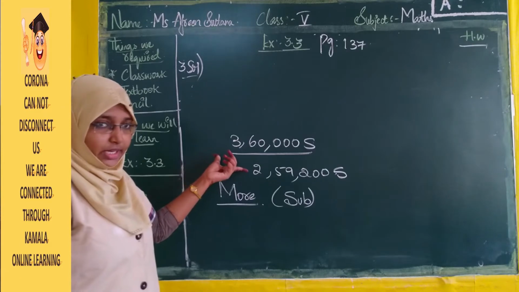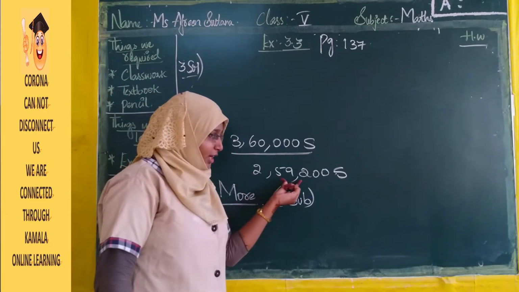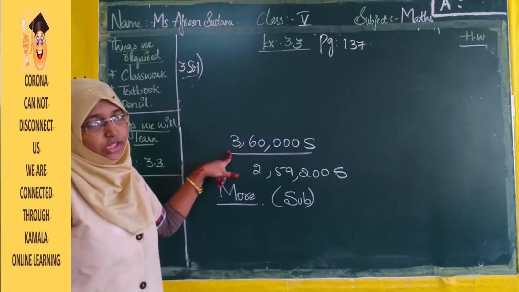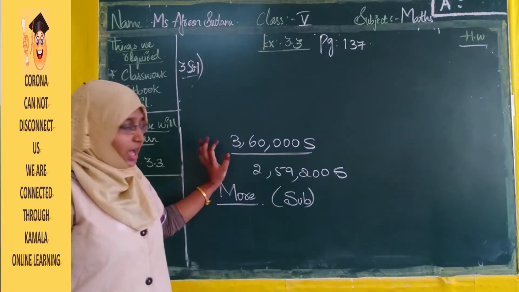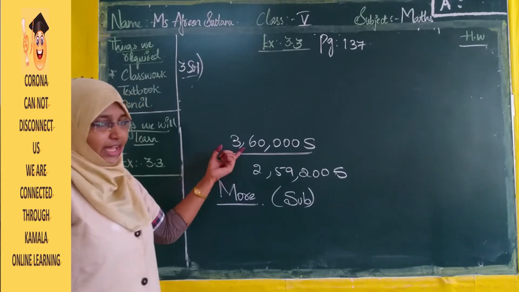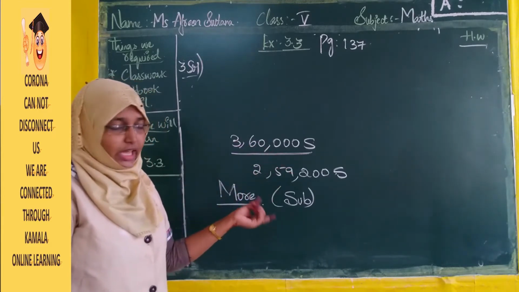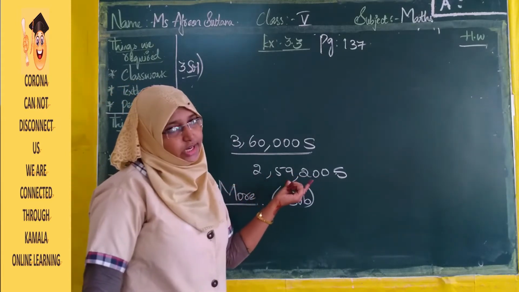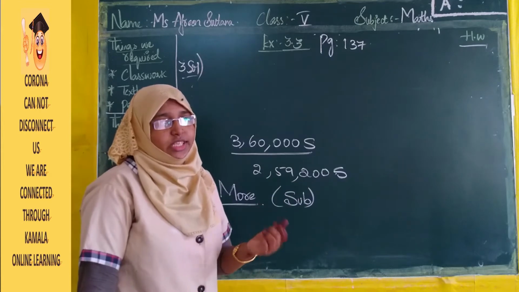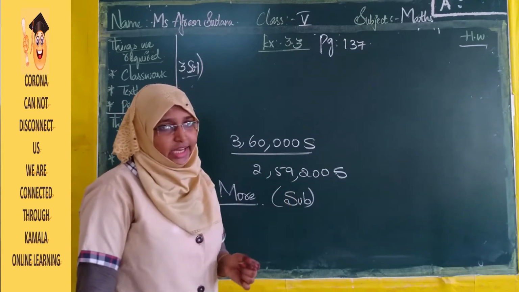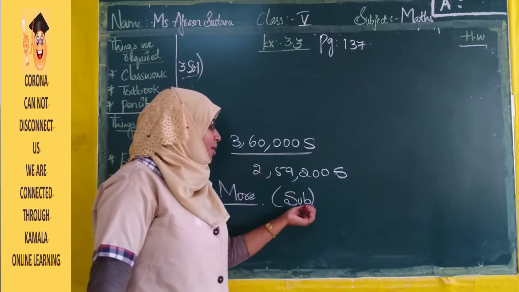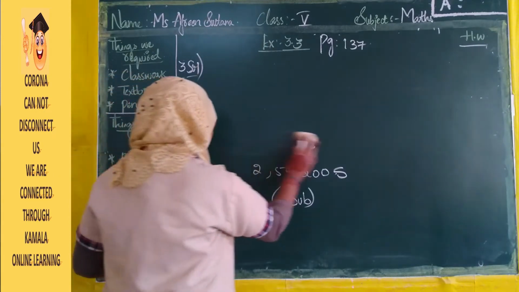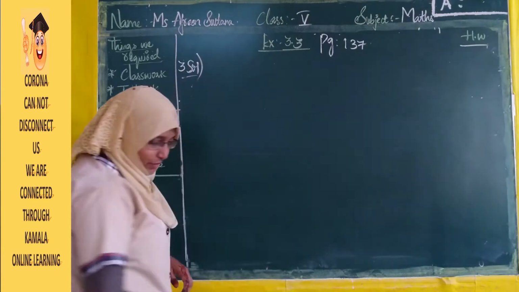So what will you subtract? You will subtract 2,59,200 seconds from 3,60,000 seconds. I hope it is very clear. Samika has been allotted 3,60,000 seconds to prepare a project. Out of this, she has used only 2,59,200 seconds. How many seconds are leftover we are going to find. To find that, we will perform subtraction. So I hope you have written the question. Let us start. Third one.